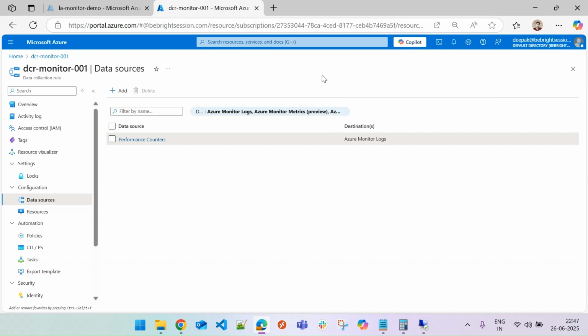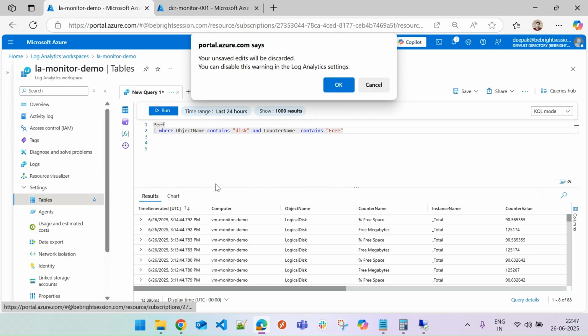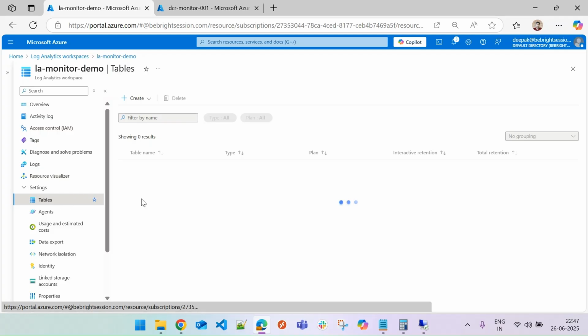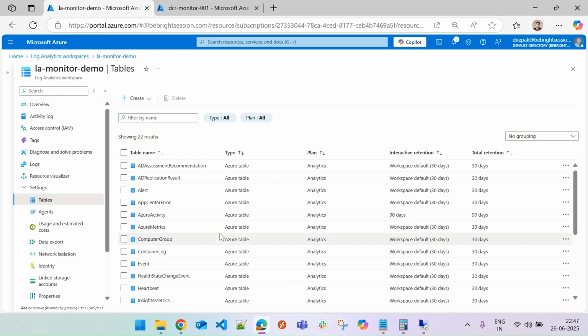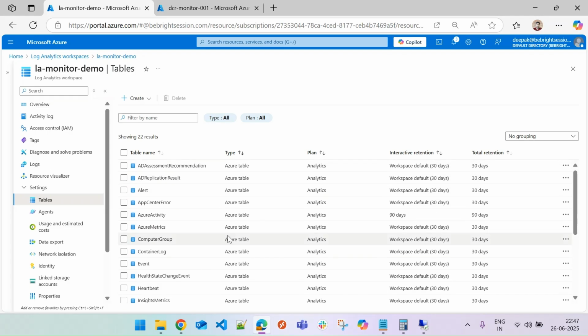So just to save all these and just to fetch all these, first we require a specific customized table in the log analytics workspace. So we have this open, click on tables. These are the pre-built tables in a specific log analytics workspace, which are automatically created whenever you collect different sorts of analytics. But if required, you can create your own table as well, a customized table. For that, you can click create, click on new custom log,